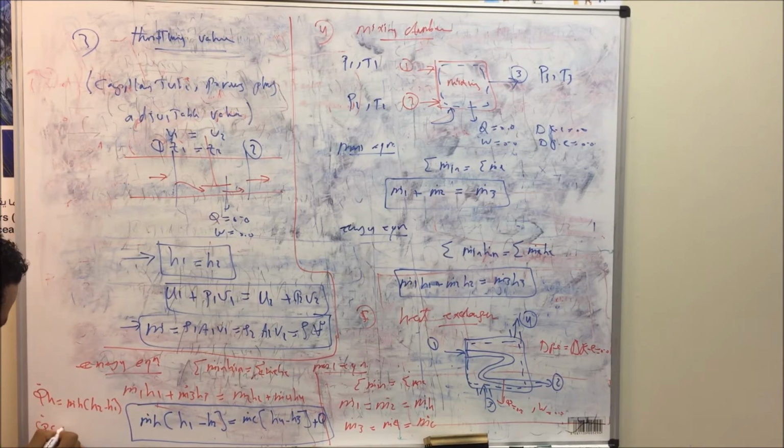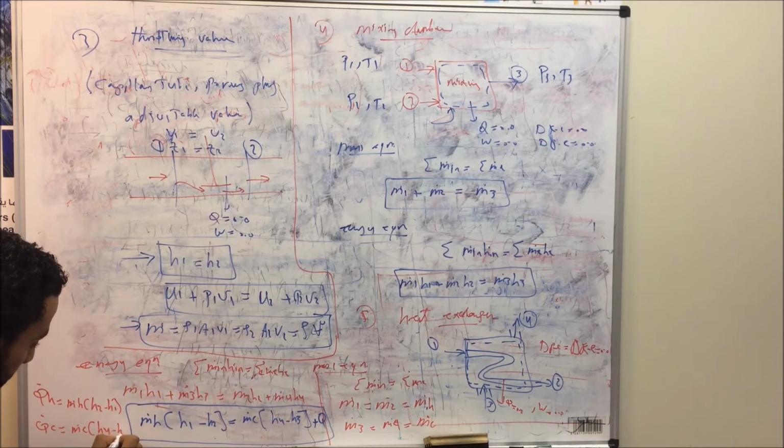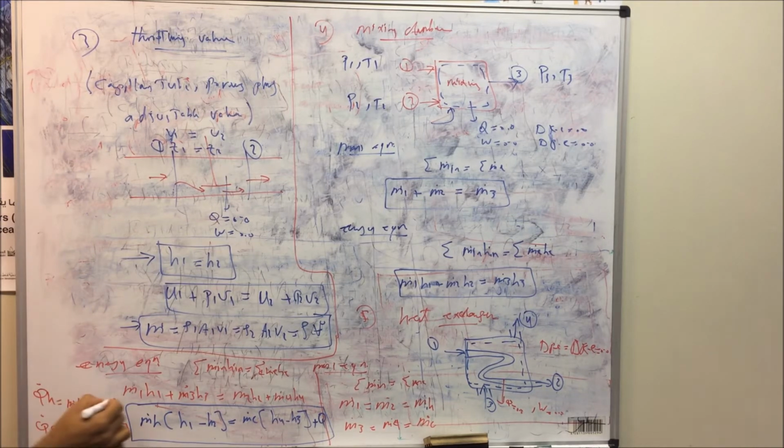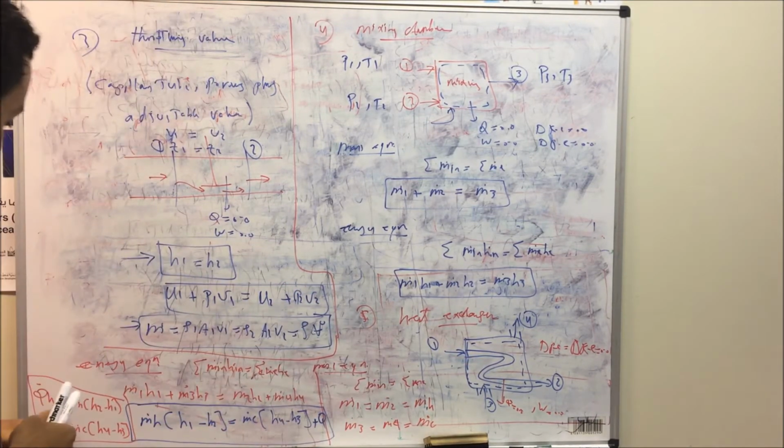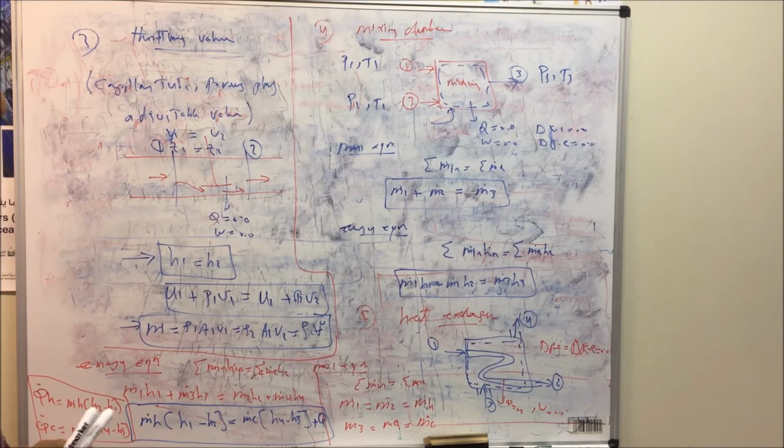The heat absorbed by the cold fluid, Q dot cold, is equal to m dot cold multiplied by H4 minus H3. This is in case I need to calculate the heat transfer from the hot fluid to the cold fluid, or the heat transfer to the cold fluid, which is equal to m dot cold multiplied by H4